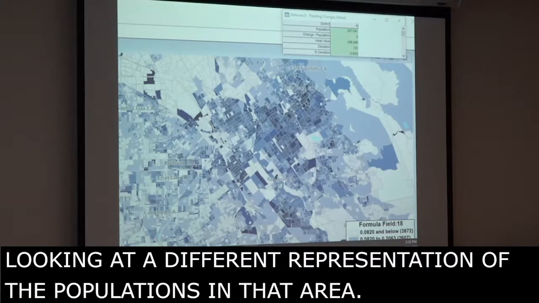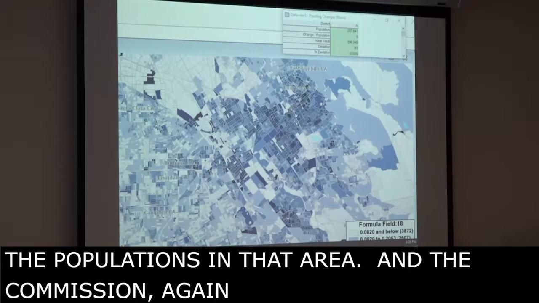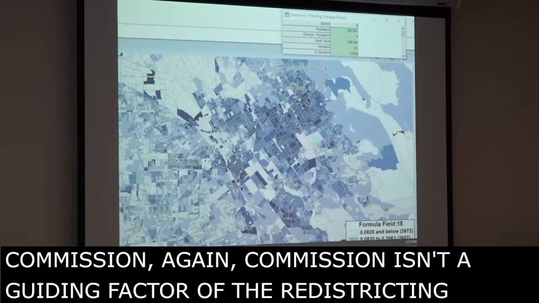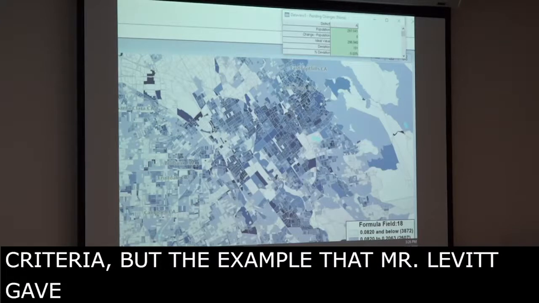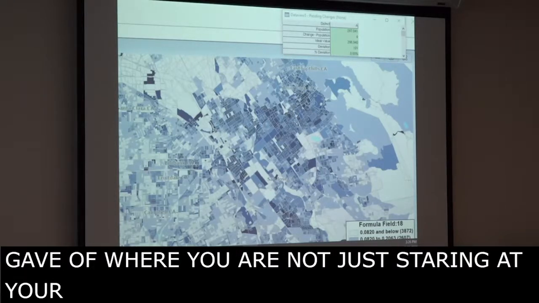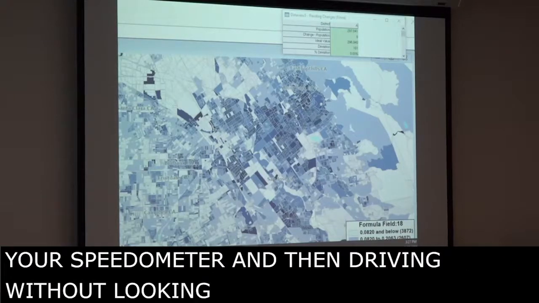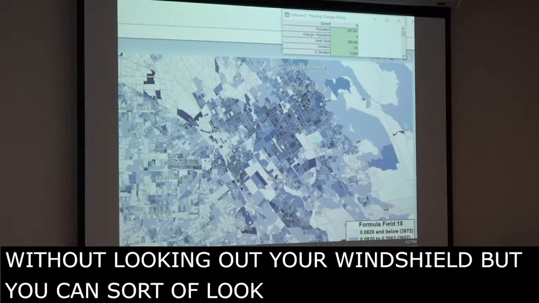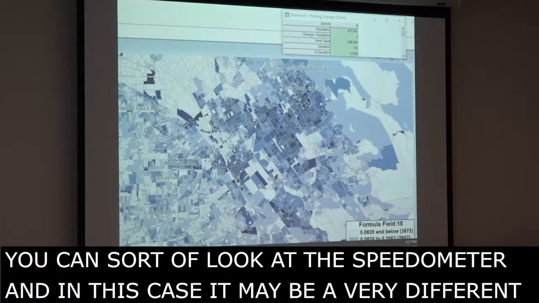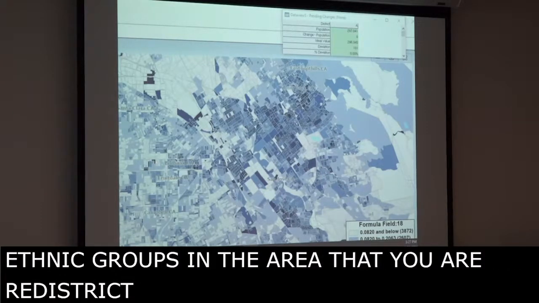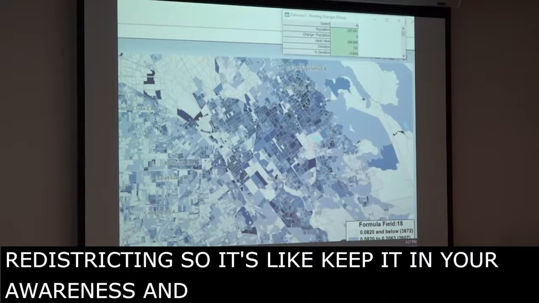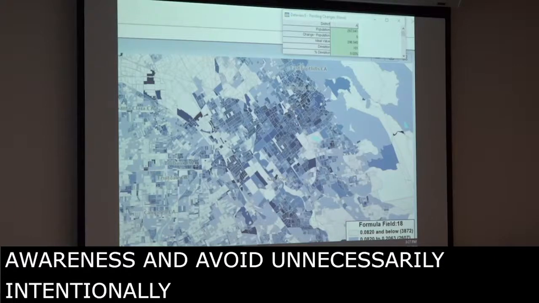And the commission, again, the guiding factor of the redistricting isn't that race should be a predominant criterion. It's like the example that Mr. Levitt gave, where you're not just staring at your speedometer and driving without looking out your windshield, but you can look at the speedometer. In this case, it might be where different racial and ethnic groups live throughout the area that you're redistricting. So it's sort of like keep it in your awareness and avoid unnecessarily, intentionally splitting groups,